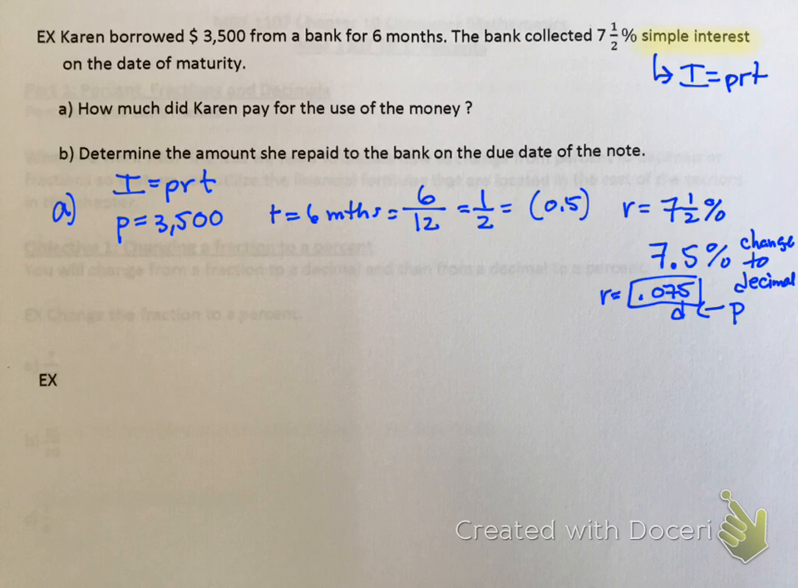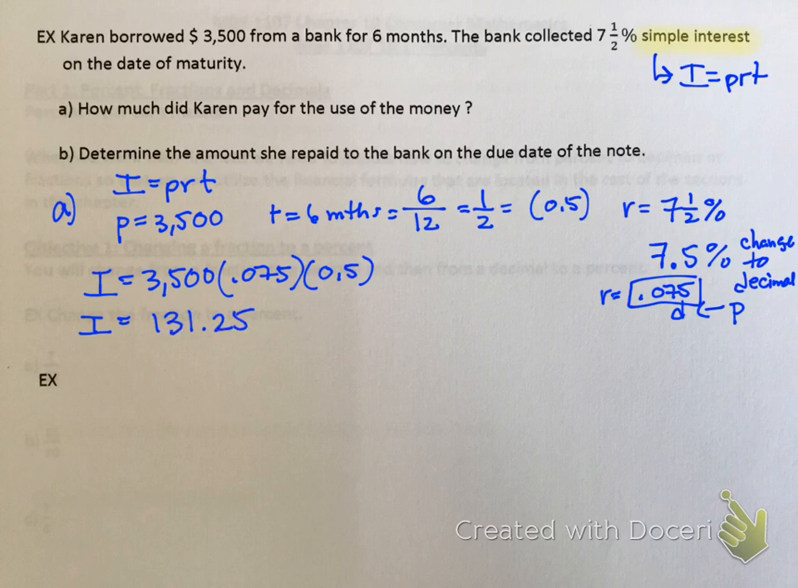Now I'm ready to plug and chug. So interest equals 3,500 times that rate, 0.075, times the time, which is 0.5. And then I do the problem. So I'm going to multiply the value of 3,500 times 0.075 times 0.5 in the calculator. And when I do that, I get $131.25. Okay, that one came out perfect, so I didn't have to round anything. All right, so that's the interest that she has to pay to borrow $3,500 from the bank for 6 months at